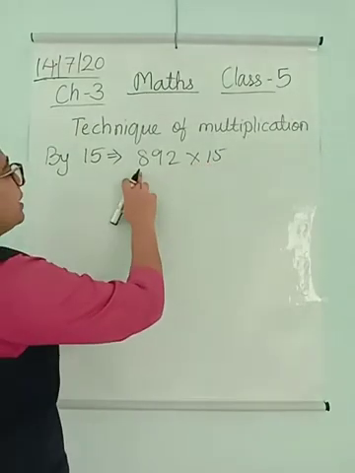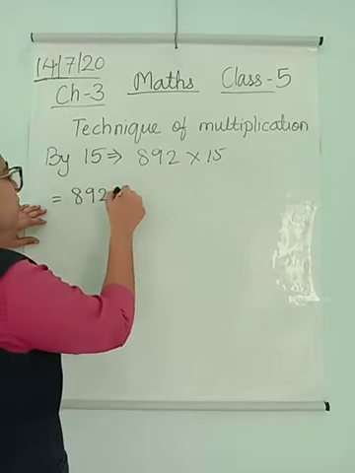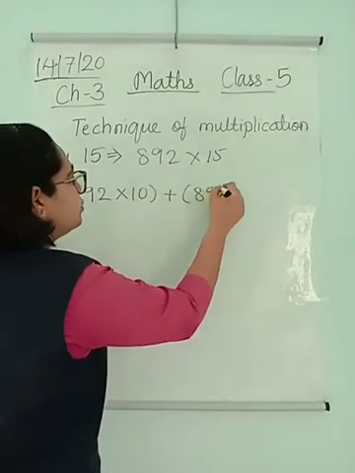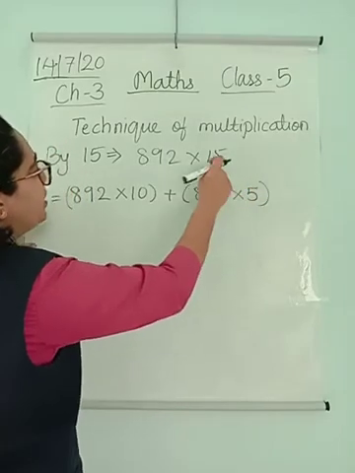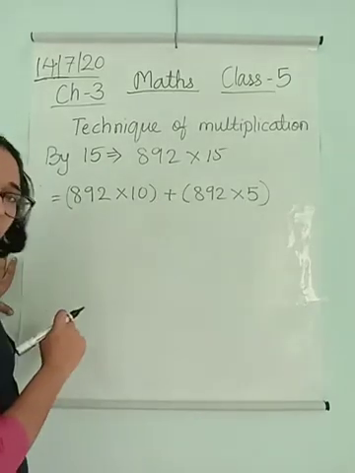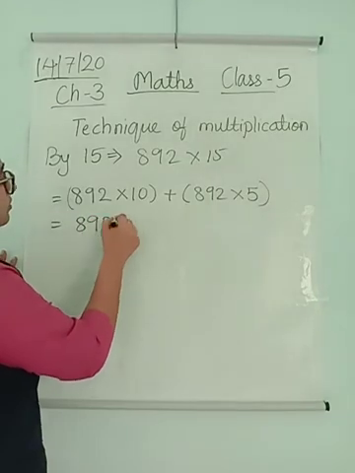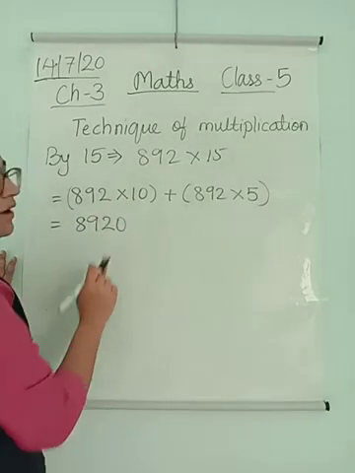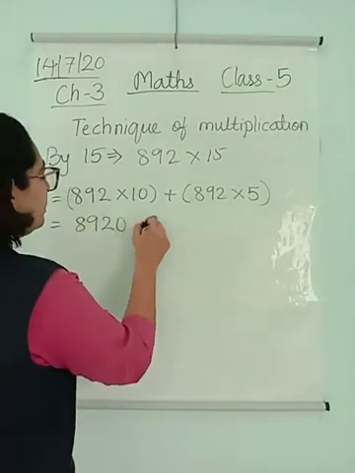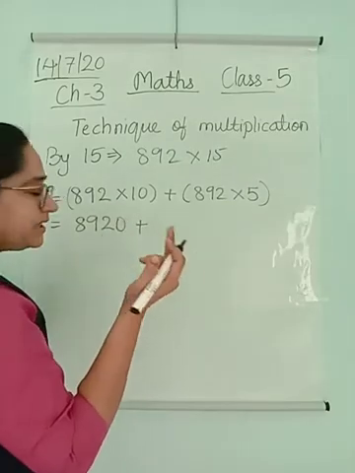Sum number E. Now what I have to do is I will write it as 892 multiplied by 10 and 892 multiplied by 5. 15 का मैंने 10 और 5 कर दिया. 10 plus 5 होता है इसलिए प्लस बीच में. Okay. Now as I told you 892 0. इसका आंसर आता है, बस 0 ऐड हो जाएगा. That is 8920 is the answer for this. Now for this I have to either multiply और इसको 2 से डिवाइड करना है.